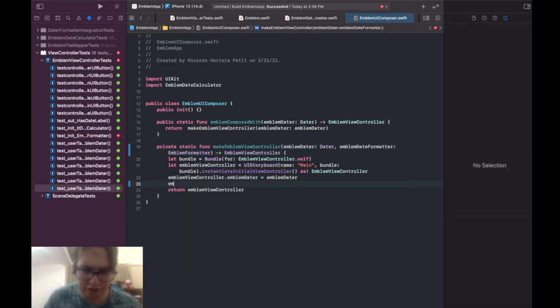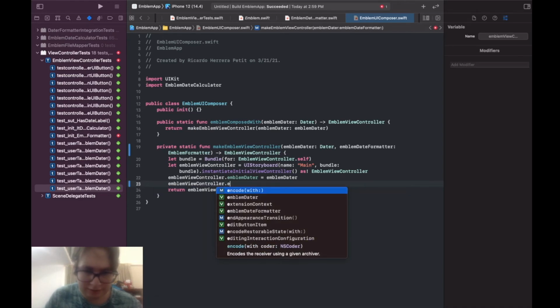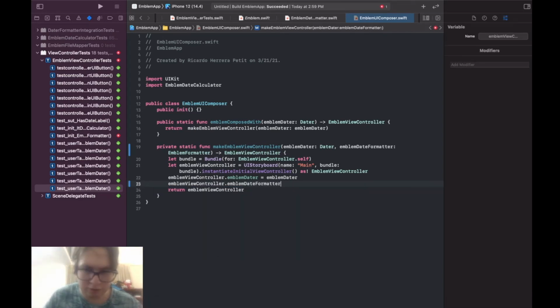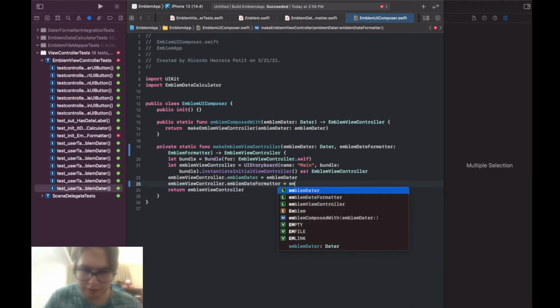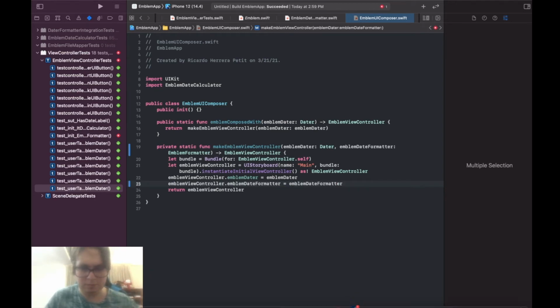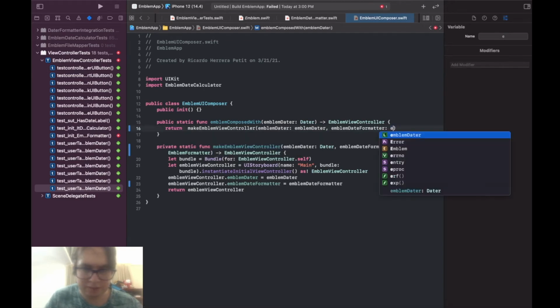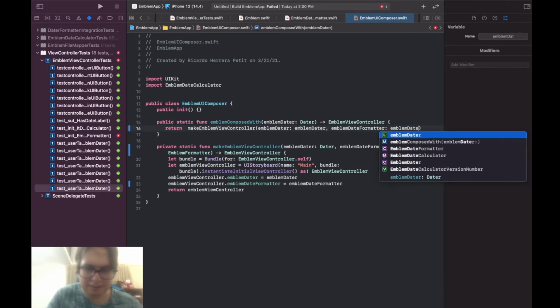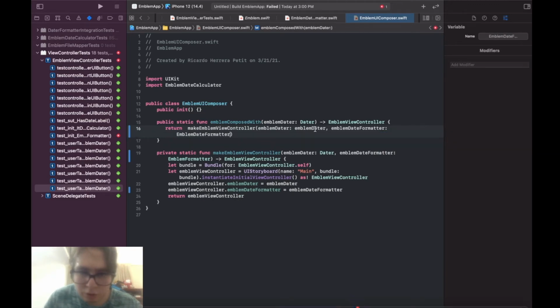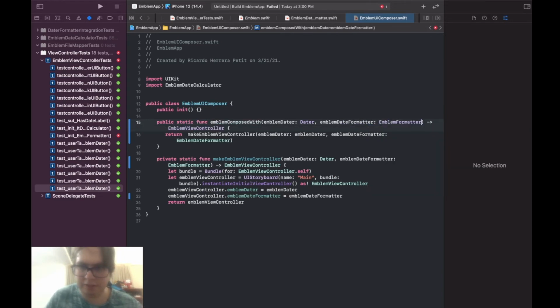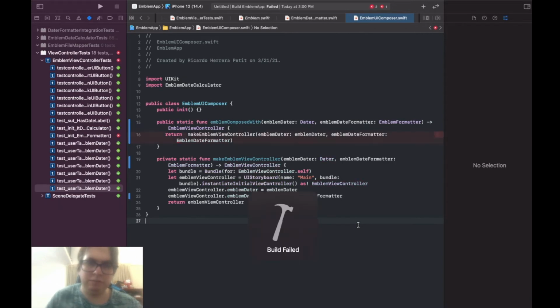And now we're going to say emblem view controller emblem date formatter equals emblem date formatter. Now we'll let the compiler guide us. So it's missing argument here, so emblem date formatter and emblem date formatter, which should be from here emblem date formatter, which is an emblem formatter. Command U